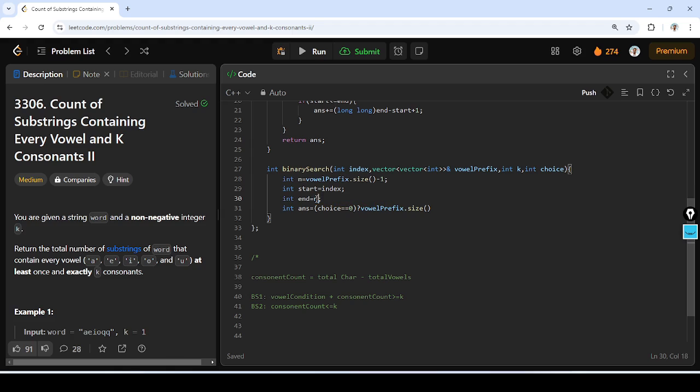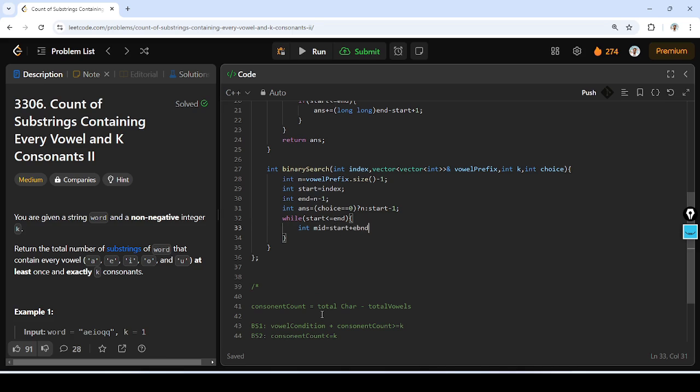So this will be n minus 1. This will be n, and this will be, if choice is 1, then I'm finding the end point. So I should fix answer as the start. Minus 1 will be better so that I don't interfere with the answer. When start is less than equal to end, I'll get the middle as start plus n